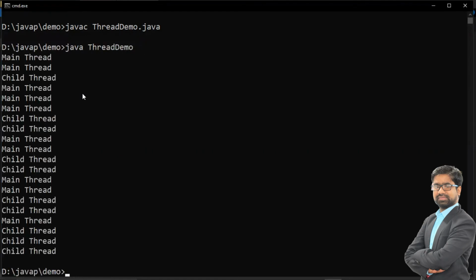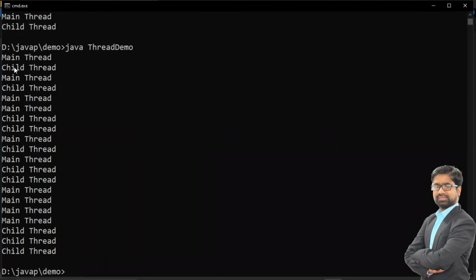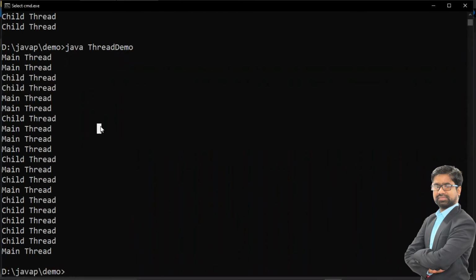And yes, you can see various results. Let me run again, and you can see other results: main thread, child thread, main thread, child thread, then two times main thread, two times child thread. Every time the results will be different, because we can't expect an exact output. It depends on the operating system and your processor.